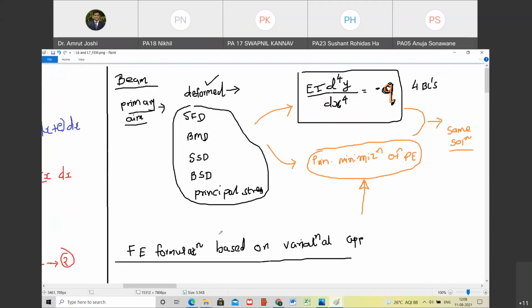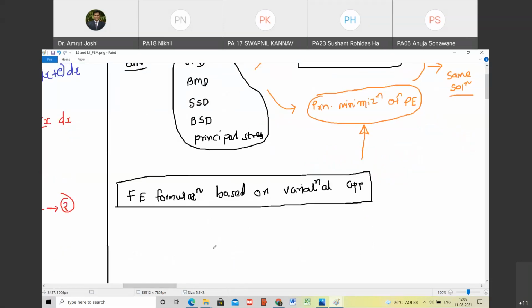Whose finite element formulation am I going to do? Now instead of a beam, I can replace it by a 3D body with arbitrary loading on it. Are you with me? So for example, we started with the beam, but for whom are we going to do the formulation? We are going to do the formulation for a 3D body, a body that has all the 3 dimensions comparable with each other. We will do the formulation for that. Its special case will be for 1D or 2D bodies. Are you with me? Yes, sir. Okay, so this is the first part where we are heading to finite element formulation based on the variational approach.